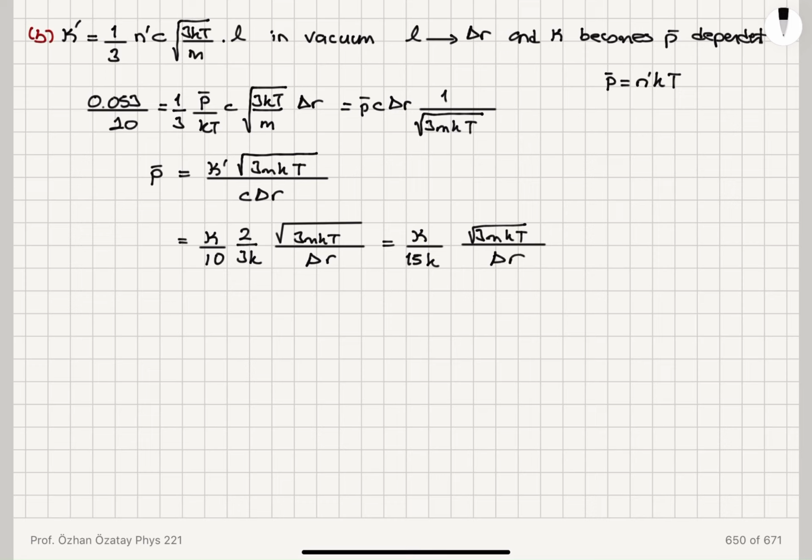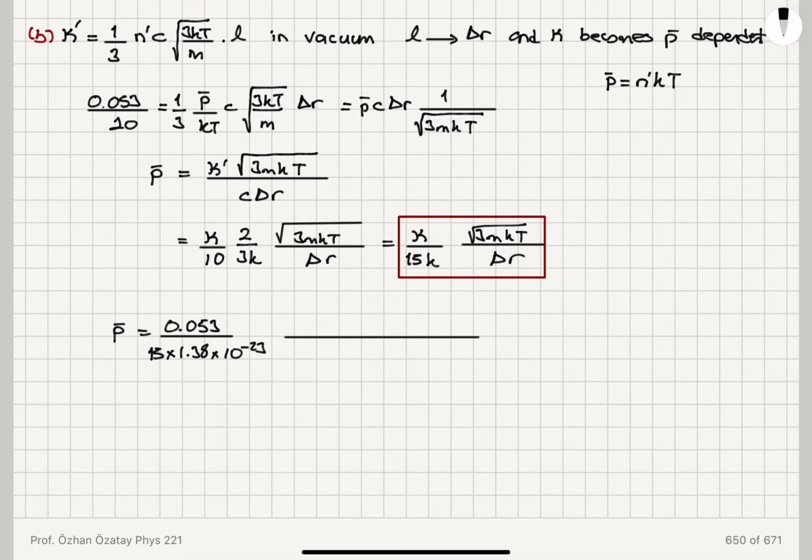Now this is basically our answer. We can calculate what value this corresponds to. The P bar value is 0.053 divided by Boltzmann constant times 15, 15 times 1.38 times 10 to minus 23, and then we have square root 3 mkT,